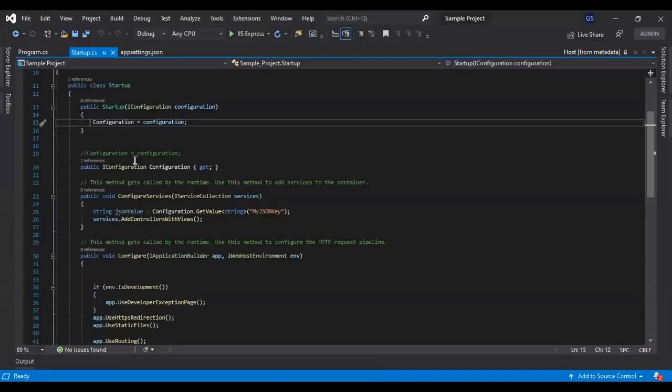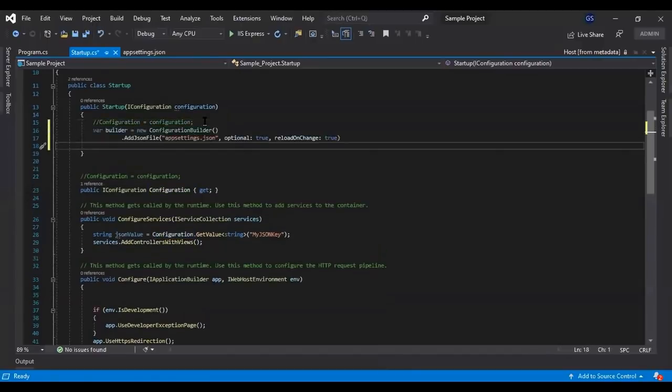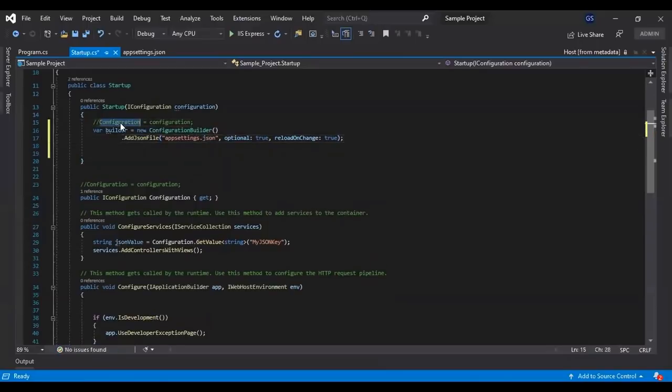Now we will comment out this line, and with the help of the configuration builder we have added our appsettings.json file here, and we will assign this configuration to the default build method.